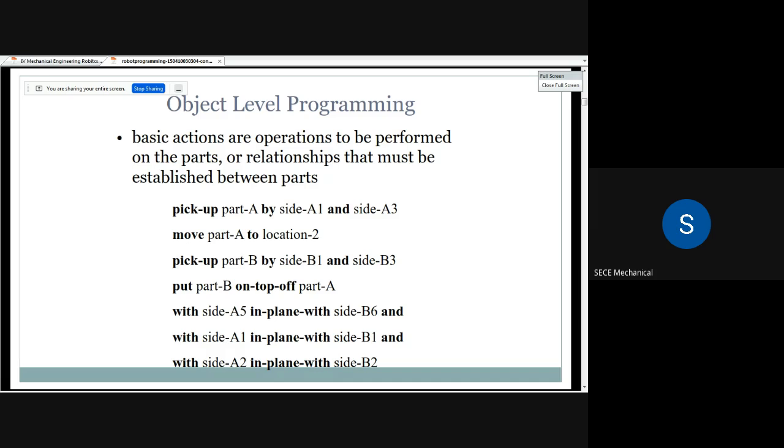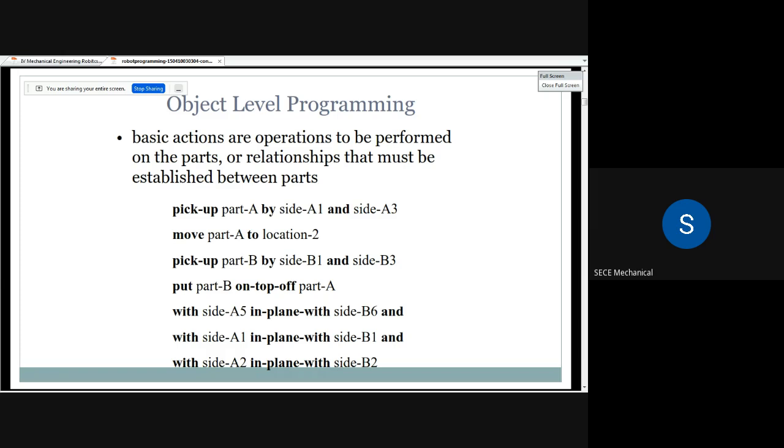I just want to pick up that particular object and place it somewhere, pick and place. This is one sample of object level programming. Here I give the instruction to the robot: pick up part A by side A1 and side A3. Based upon the instruction given by the human,